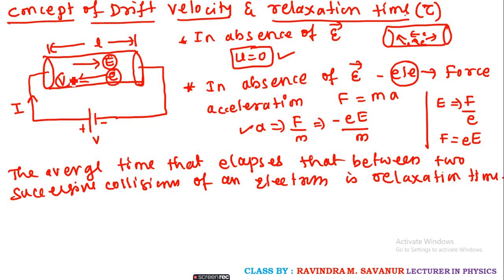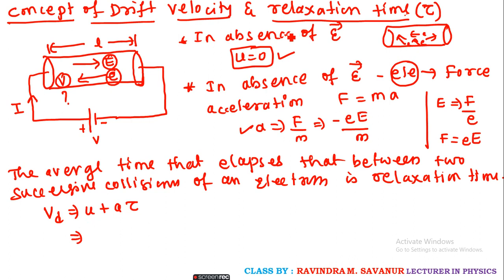Now we can easily calculate the velocity of that electron. For that, we are using an equation of motion, that is Vd equals u plus a into t. I hope you already know this equation of motion, students. Here t is taken as tau. Now substitution, very simple.